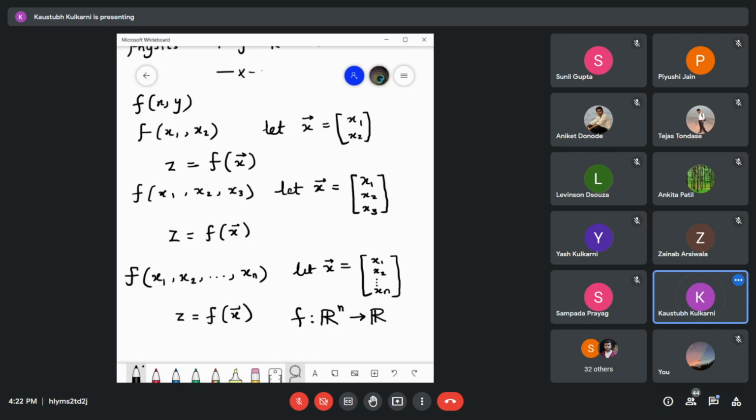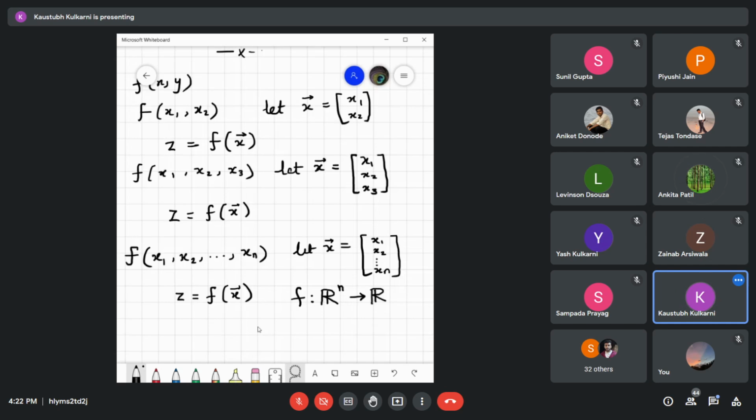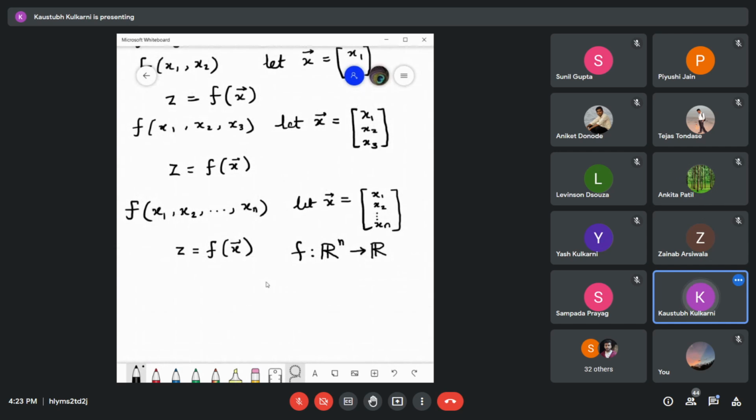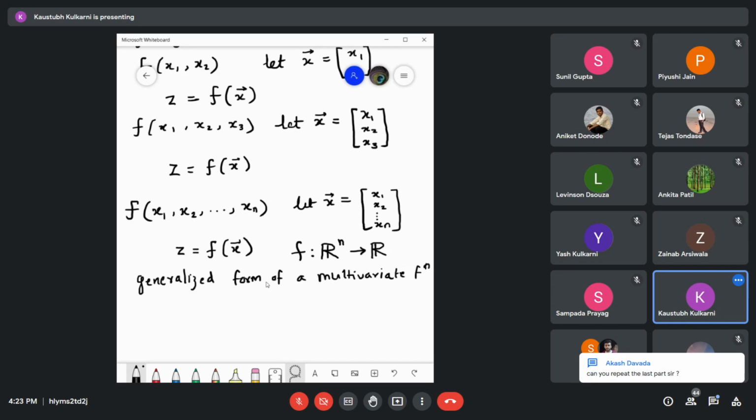Okay, this is the first generalization. So this is the generalized form of a multivariate function. Okay, now,